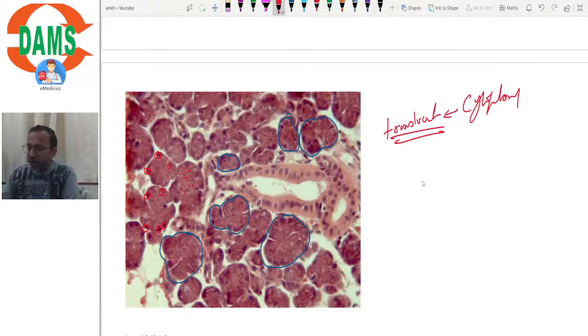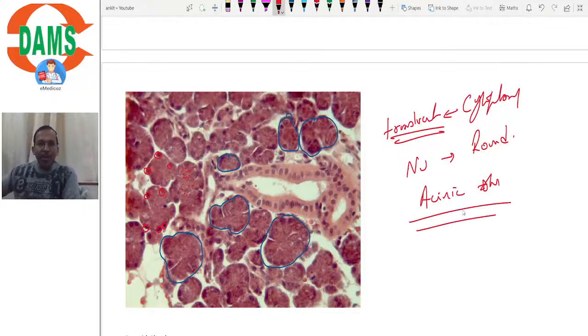Cytoplasm appears granular. Nucleus is round, isn't it? And it has an acinic structure. तो acini दिख रहे हैं ना हमें यहाँ पर, secretory acini. Secretory acini, round nucleus, granular cytoplasm. All of this indicates towards